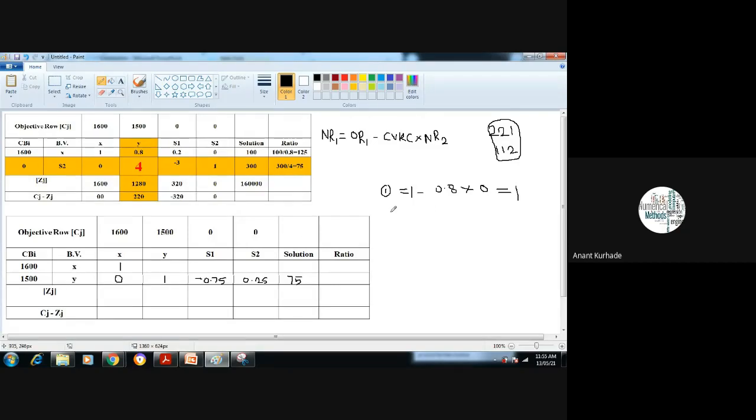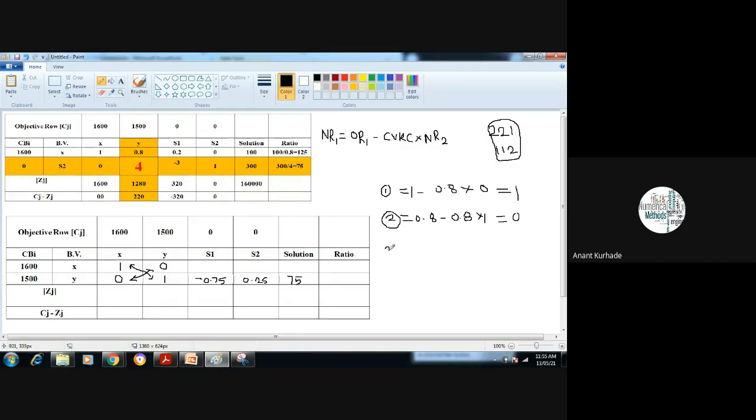Okay, it is fine. Now we'll go for the second. Check once. Next, old value of R1 is 0.8. Minus, again this will remain the same, 0.8 into new value of R2. New value of R2 is 1. So you can find here 0. You can find here 0. So see, for the last simplex table, you always find it is 1 1. Remember this also, 1 1. Here you find it is 0 0. You can get an idea about this.